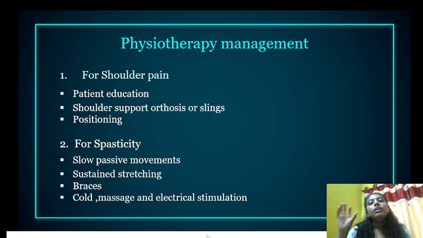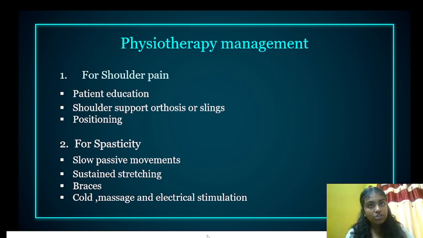At that time, subluxation or dislocation can occur. As well, in spastic cases, due to increased muscle tone as well as poor positioning of the limb, it can cause subluxation or dislocation of the shoulder, which leads